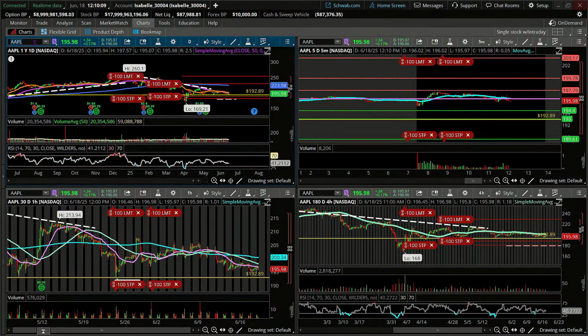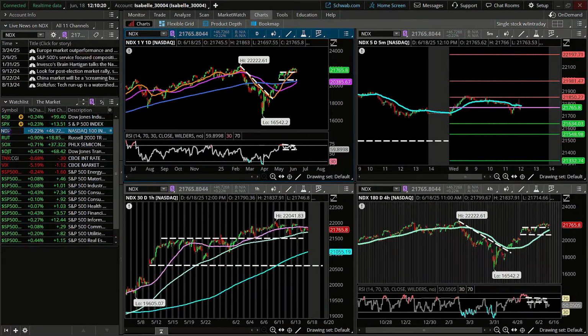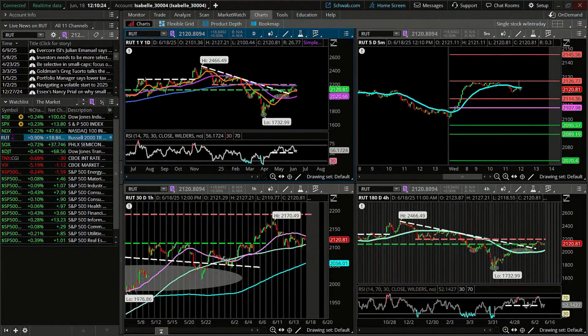And of course, because I've got my watch list over here linked together as well by virtue of my symbol 5, as I navigate through my watch list, I get a shift to my charts as well. So this is a very common way of doing it, but by no means the only way to build a grid.